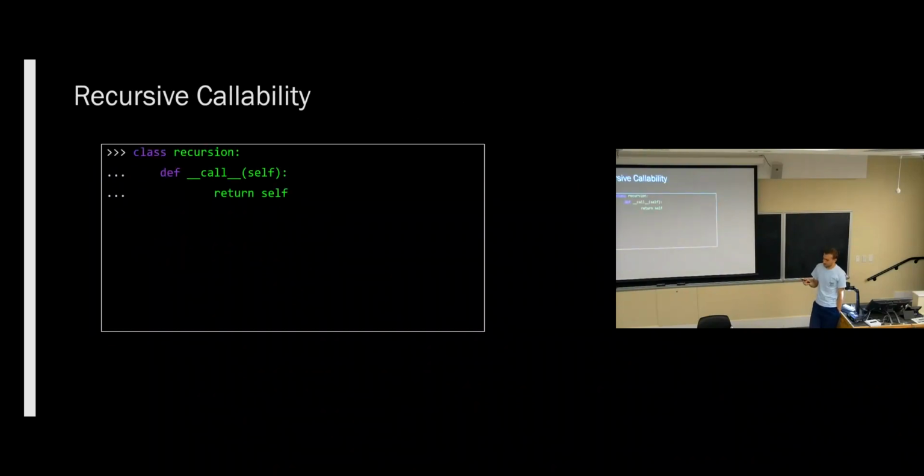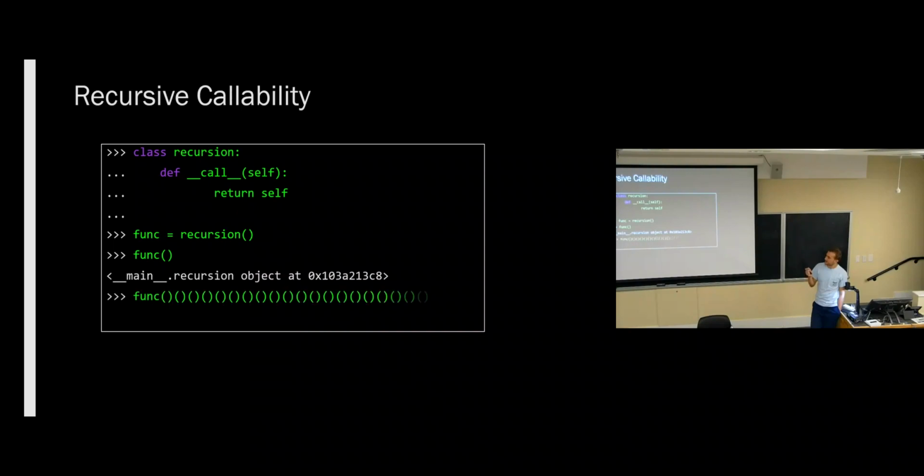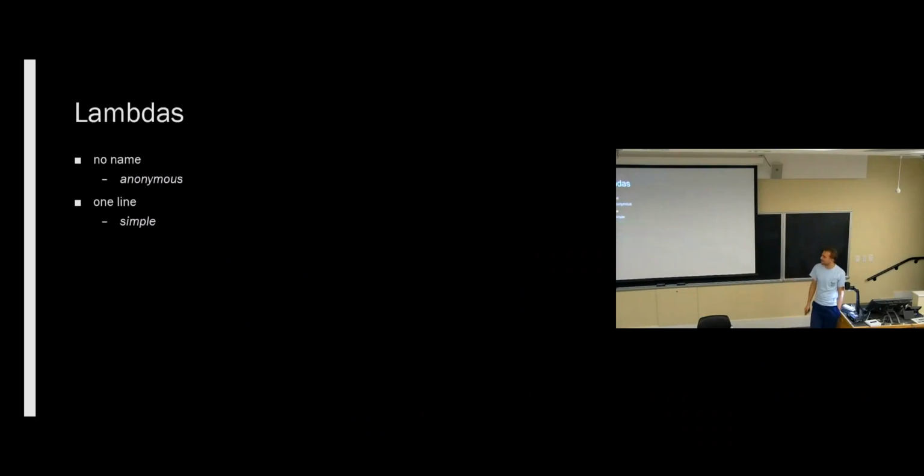This is just kind of for fun. What's going to happen here? So we said a function can return a function, right? And self is now a function because it's an instance of this callable thing. So what if we return it? Then if we call func, we get a recursion object just like we expect. But we can call that, right? So it turns out you can just tack on as many parentheses here as you want and you're always going to get exactly the same thing. So that's just kind of for fun, but I don't think that's really useful at all. But you can do it.